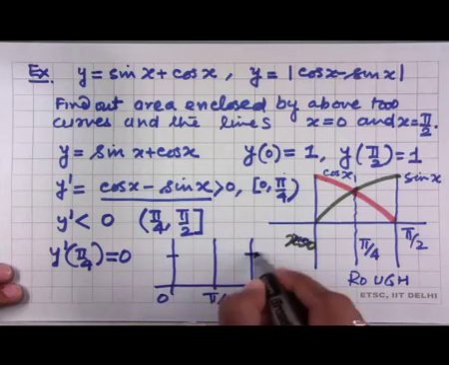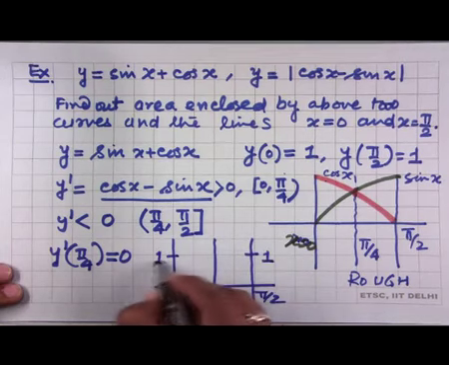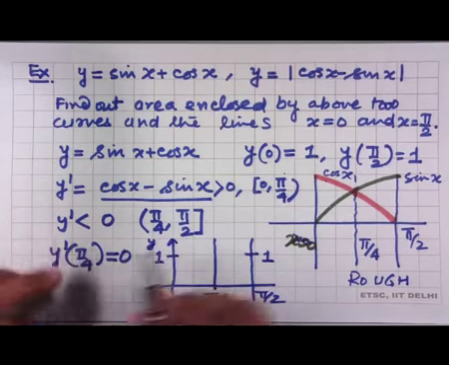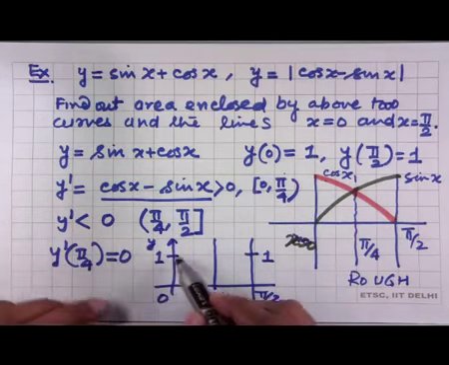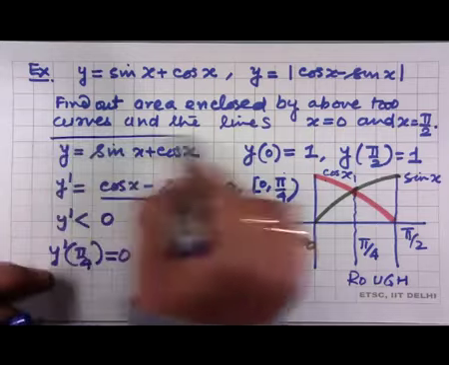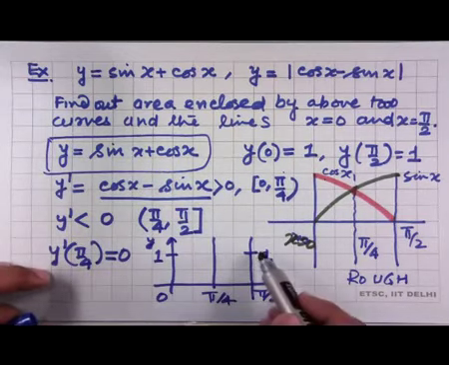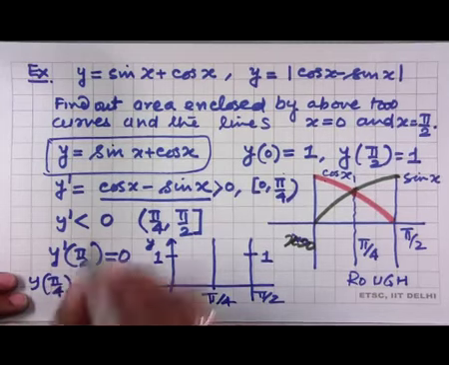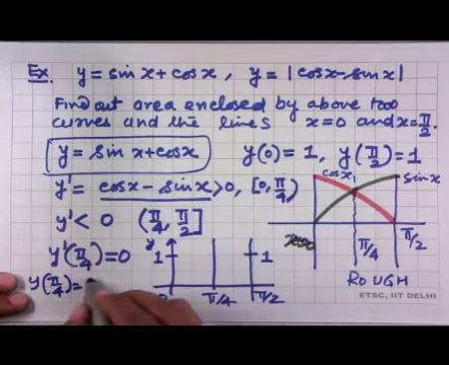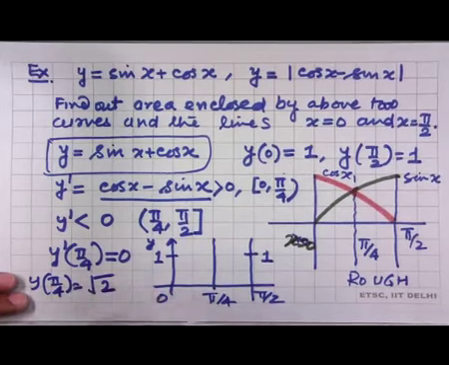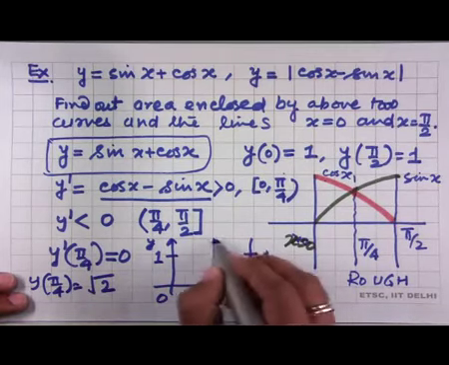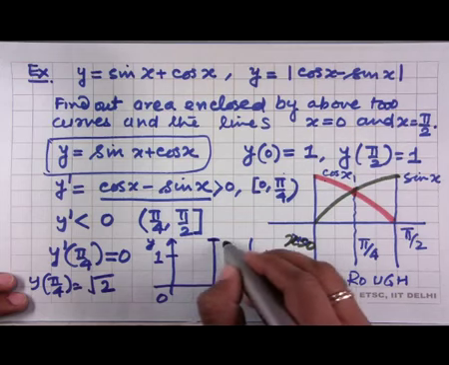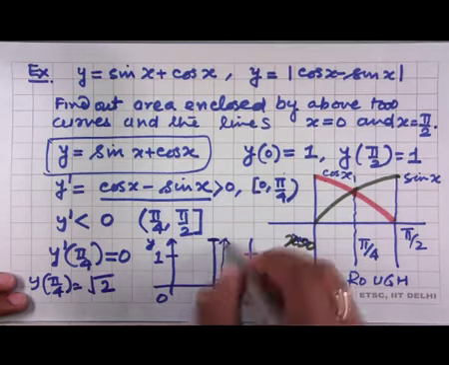If this is 1 unit on the y axis, at 0 the value is 1, and at pi by 2 the value is 1, and at pi by 4 the y value is 1 by root 2 plus 1 by root 2, that is 2 by root 2, that is root 2, which is greater than 1. And somewhere here, if I represent root 2, this is root 2 say,